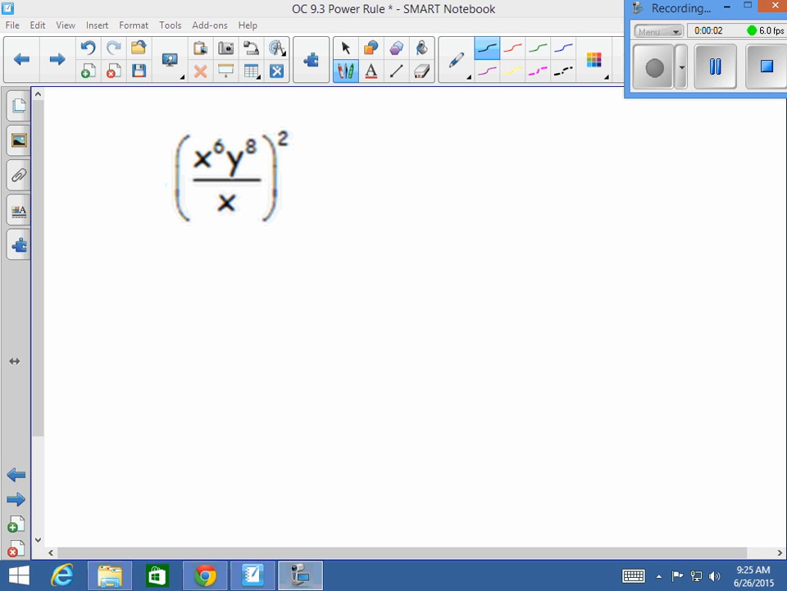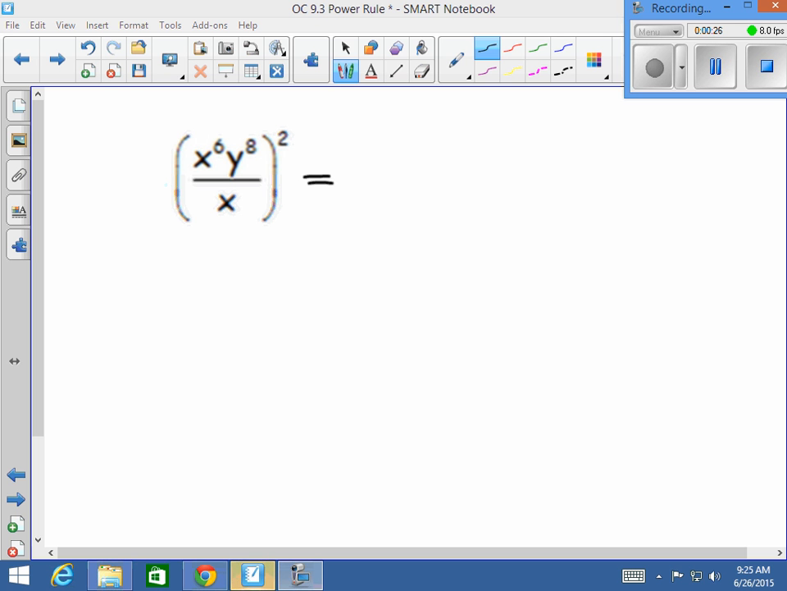All right, so for this problem, we have two exponent rules we have to deal with. We have the quotient rule and the power rule. I like to start with the quotient rule. So I'm going to go ahead and start with the quotient rule, which says that if I have a variable with an exponent being divided by that same variable with an exponent, we're going to go ahead and subtract those